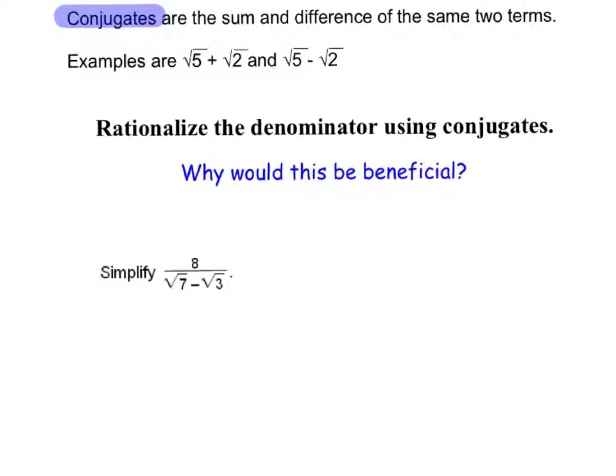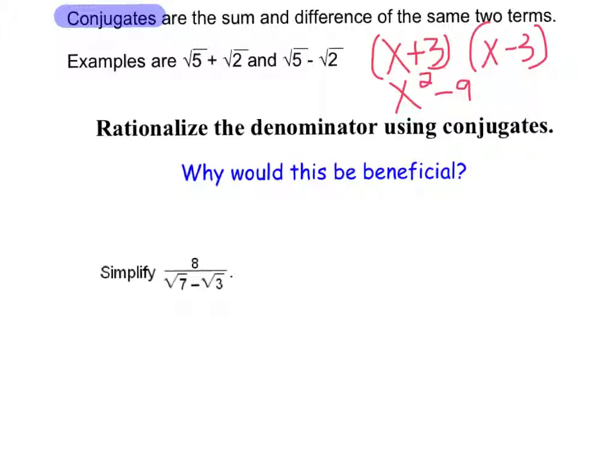All right, one of our vocabulary words was conjugate. Our conjugates are the sum and difference of the same two terms. Here's an example of conjugates. So square root 5 plus square root 2, square root 5 minus square root 2. I'm going to try and have you remember something here. Do you remember in chapter 9 we had x plus 3 multiplied to x minus 3? And when we did that, we ended up with x squared minus 9. The middle disappeared. Well, that's what we're going to do here with this,